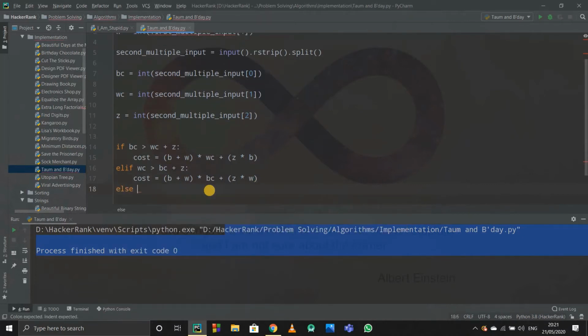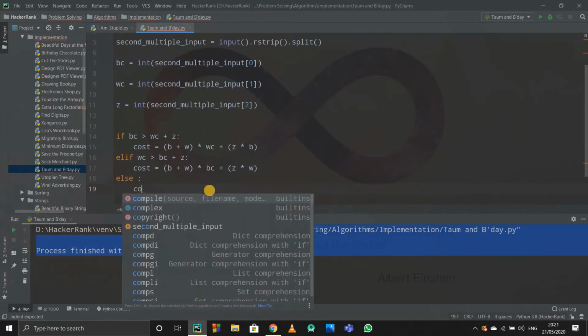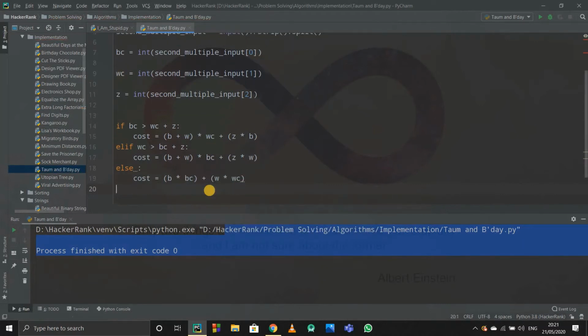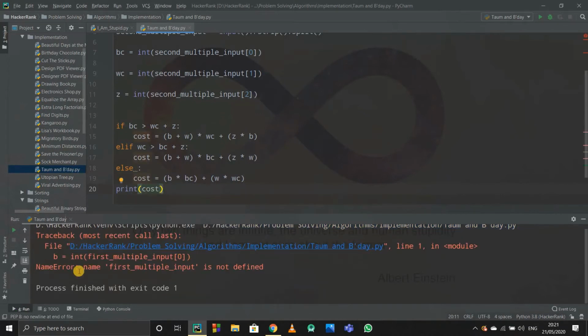And else will simply be cost equals to the normal cost, whatever it is. So simply black into the cost of black plus white into the cost of white gifts, and I'll print the cost. Actually we have to do it in some other way. We are just checking it.